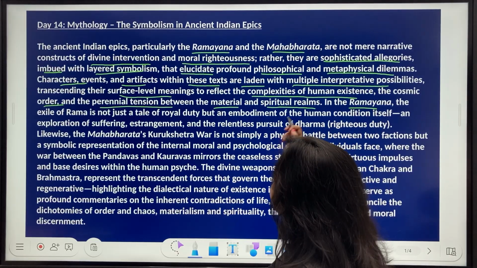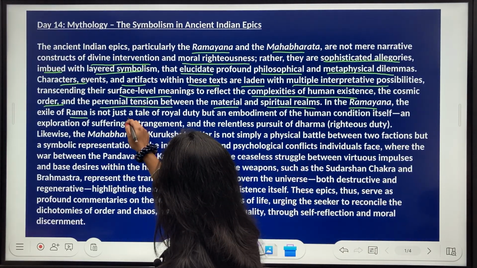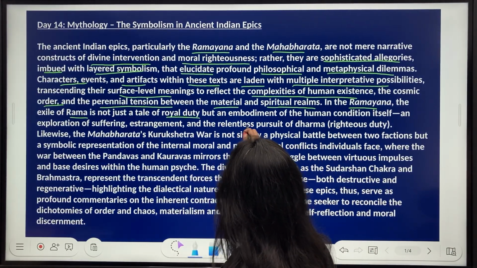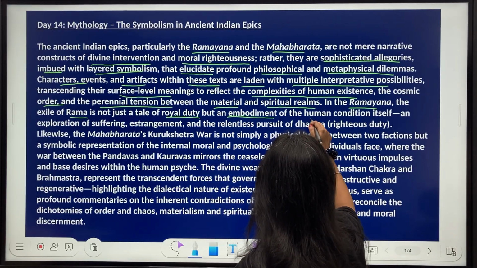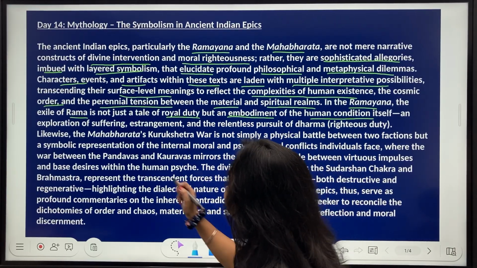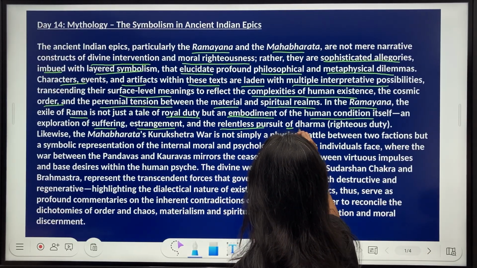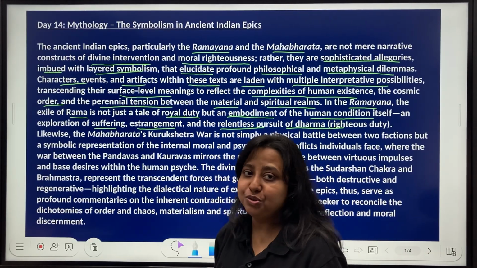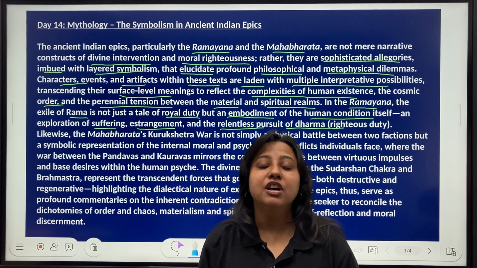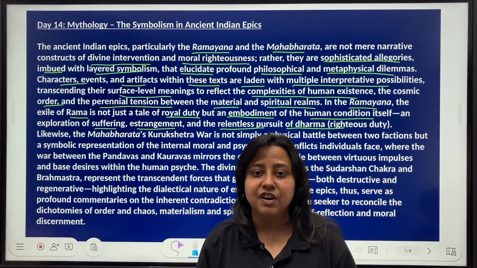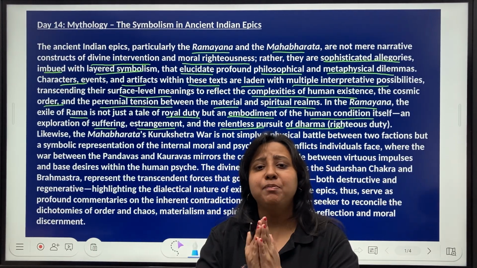In the Ramayana, the exile of Ram is not just a tale of royal duty, but an embodiment of human condition itself, an exploration of suffering, estrangement, and the relentless pursuit of dharma or righteous duty. So, जो वनवास हुआ था, हाँ, लॉर्ड राम का जब वनवास हुआ था,